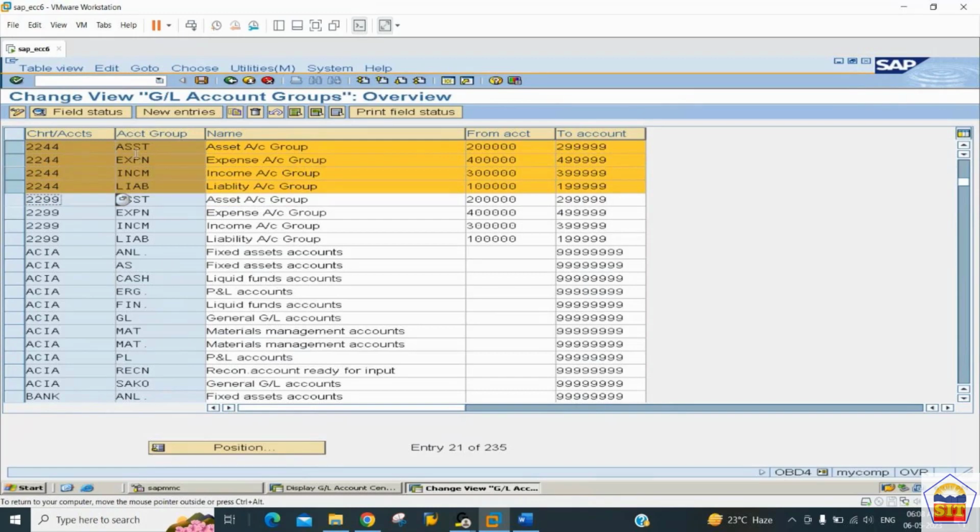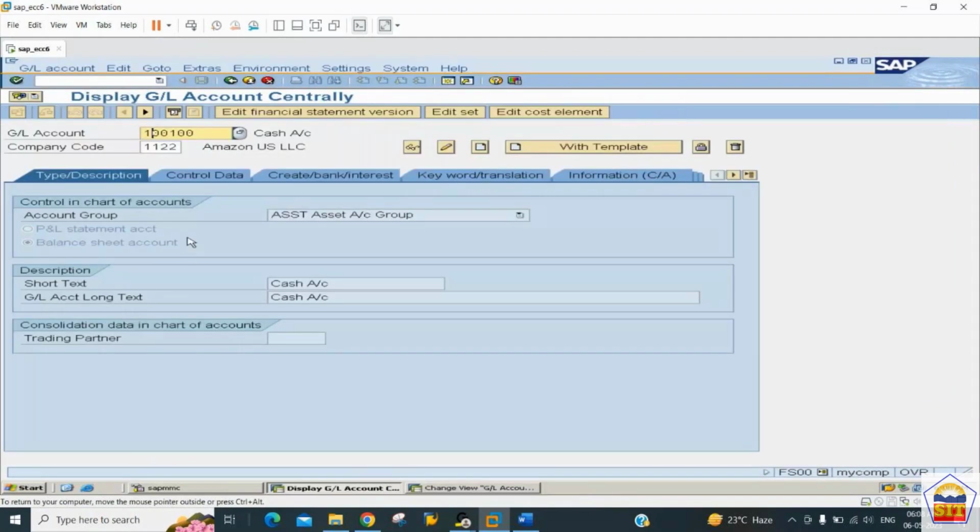So now we need to create the GL under the liability. So which account group can we refer? We can refer the account group 100,000 to 199,999. Because we have maintained the length of our GL as 6 digits, we need to give the GL number only up to 6 digits. Here you can give a number starting from 100,000 to 199,999. So randomly we can pick this number. Let's start with 100,000 in the company code 2244,